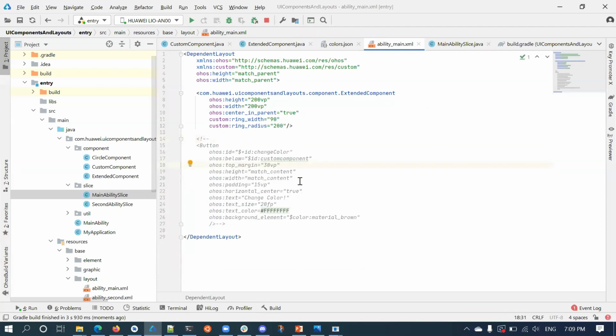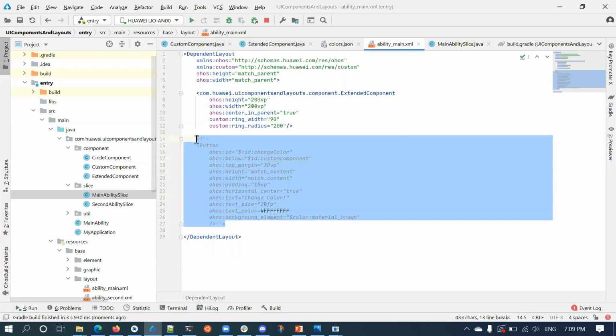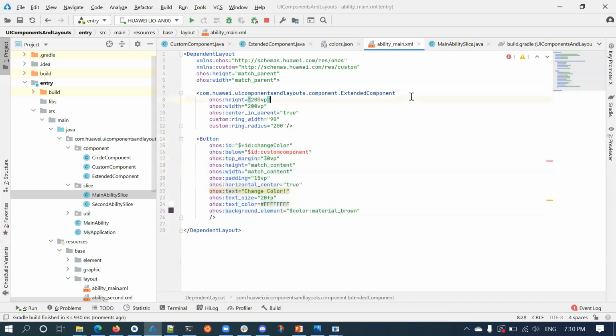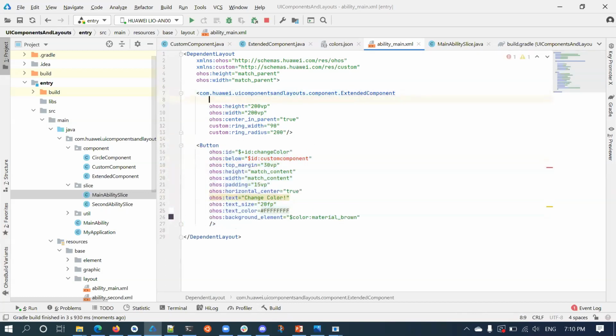Now the next step, I am going to create a button. On click of that button, I'm going to change the color of that. So I have created a button and I'll give some ID.